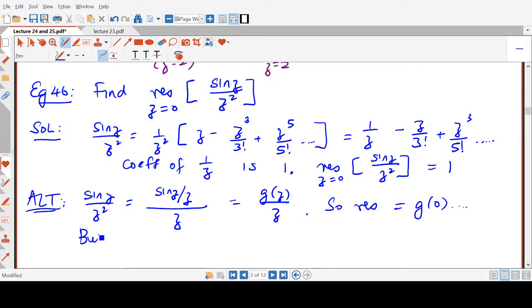But g of 0 is actually sine 0 over 0, which is like 0 over 0. Doesn't make sense. We all know that 0 over 0 is what? 0 over 0 is, as we all know, it is equal to,